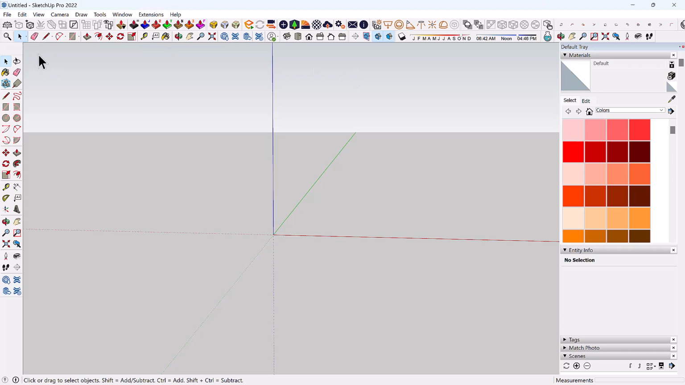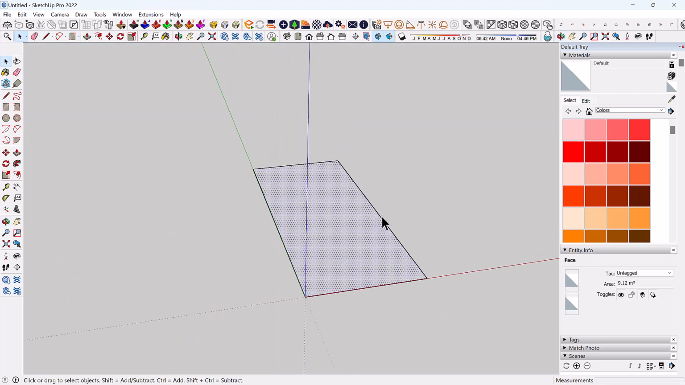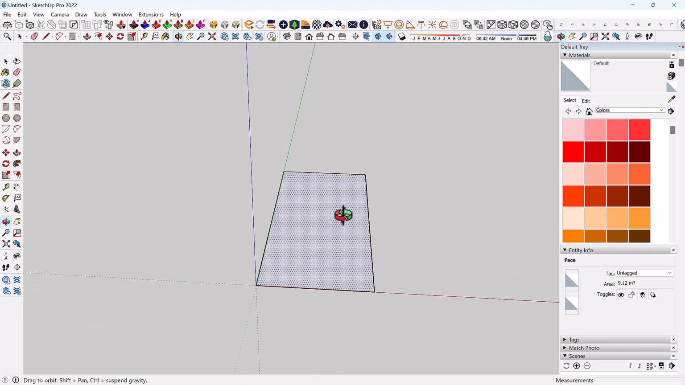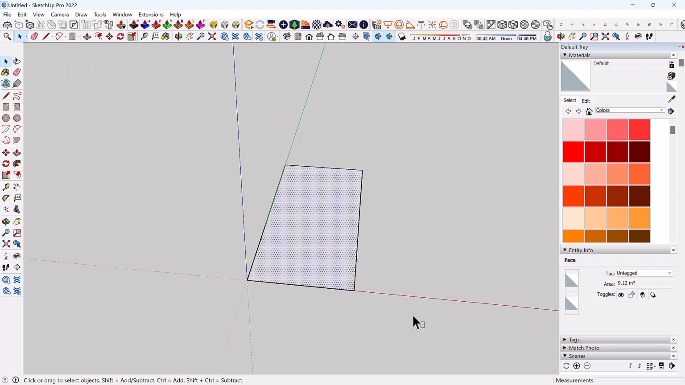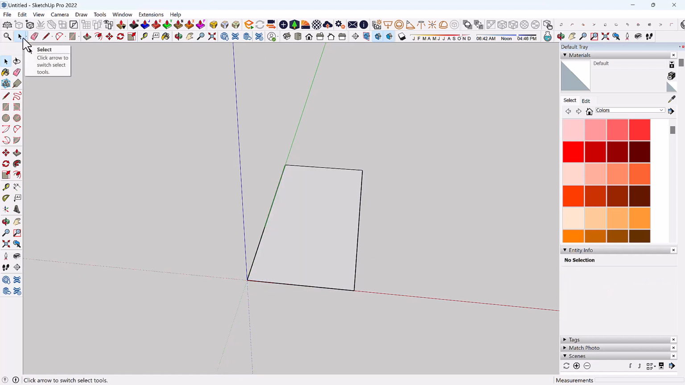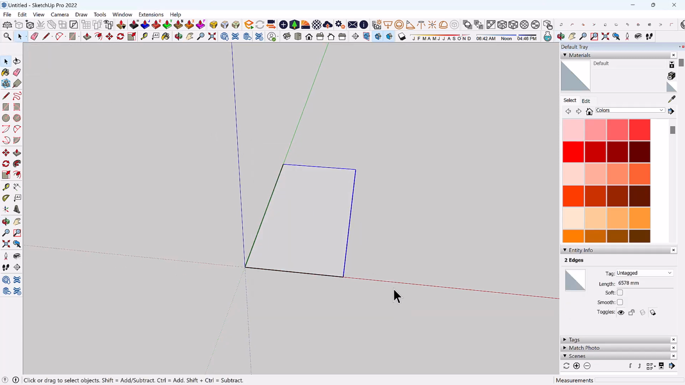So let's get started. The first one we have here is our select tool. Maybe you have an object and you want to select the face. That's where you make use of the select tool. As I show you these tools, I'll also be giving you the shortcuts. But the select tool does not have a shortcut. So let's move to the next one, which is the